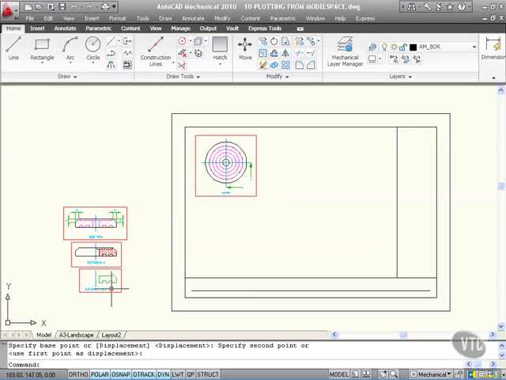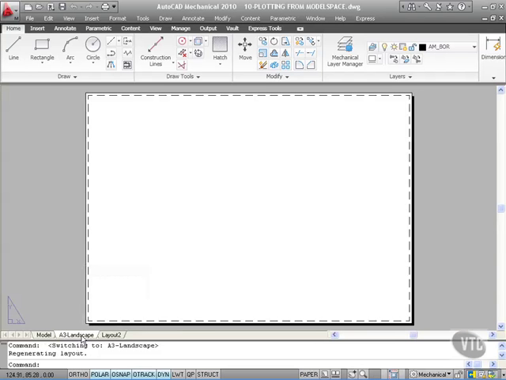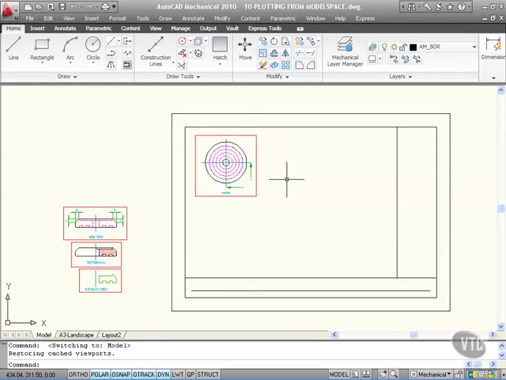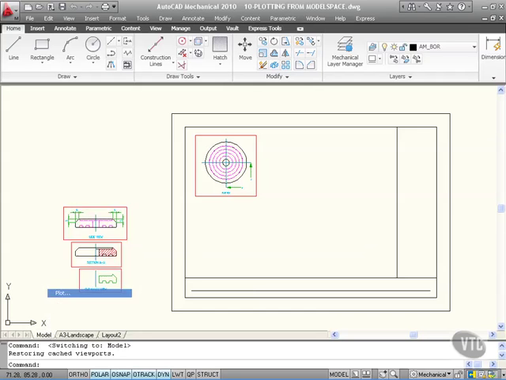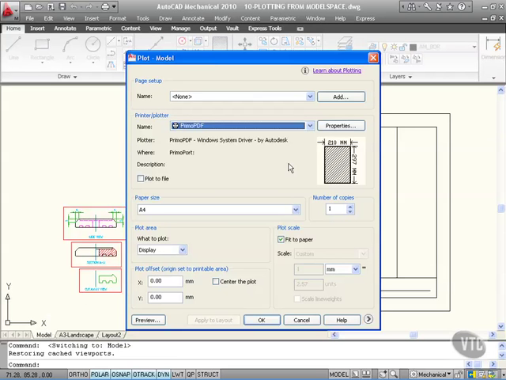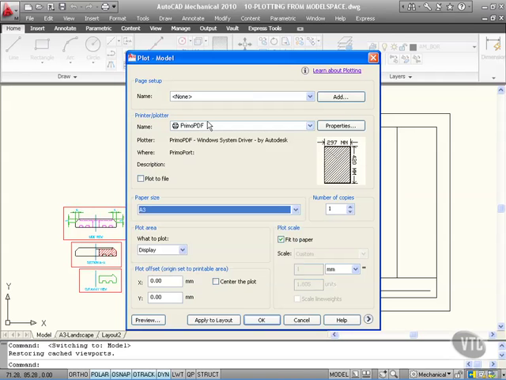Now, if I go to the A3 Landscape tab for a moment, you'll see there's nothing there. There are no viewports. What I'm looking at is plotting from the actual Model tab itself. To do that, what I need to do is right-click on the Model tab and go to Page Setup Manager or Plot. Now, if I was just going to do a one-off plot, I could just click on Plot there. Don't need to worry about any particular page setup, and I might be plotting that to an A3 PDF there,